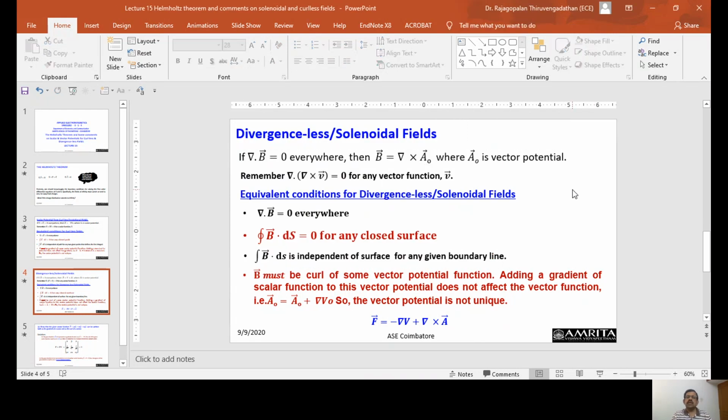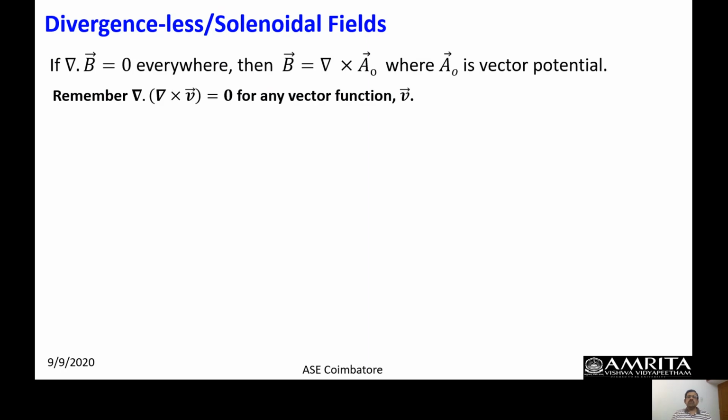Done. A0 is a vector potential. We can see this from the second derivatives: we know the divergence of the curl of any vector function is zero. This representation comes from that fact. So B must be, if the divergence is 0 everywhere, represented by the curl of another vector function. This is a mathematical way of finding it.